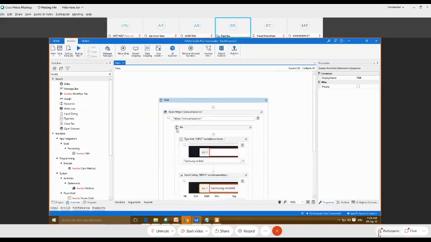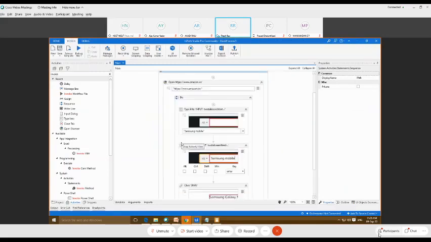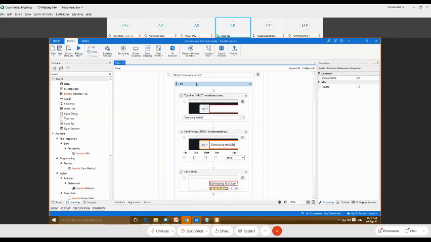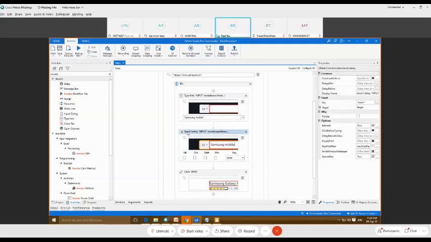Like the basic and desktop recording, if you want to change any parameter, we can simply go to that particular activity and the corresponding properties panel will be opened. You can see here some options. We have entered the key enter in the input, and everything we can change from here.